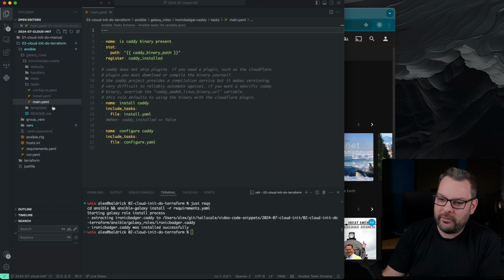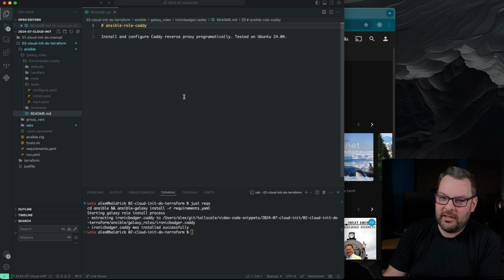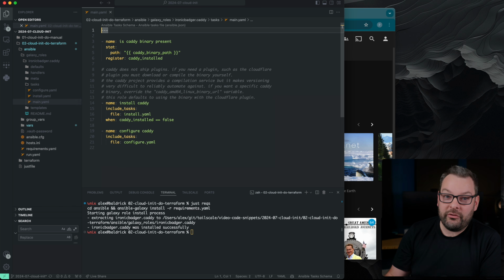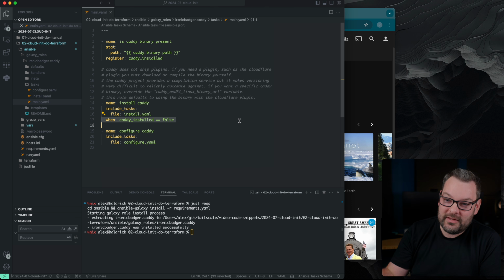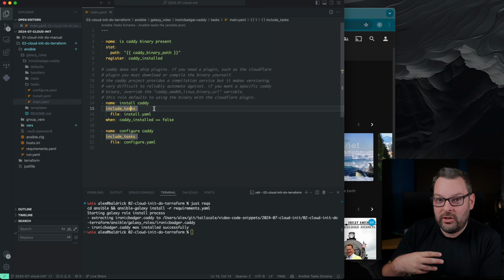Beyond the README, of course, which I definitely put many long hours into for this one. So under main.yaml, we can see the very first thing that this role is going to do is check to see if the caddy binary is present. This registers what's called a fact, and then Ansible uses that to decide whether to actually execute the next entire grouping of tasks. So by doing this include tasks section down here, we're able to conditionally include and decide how to